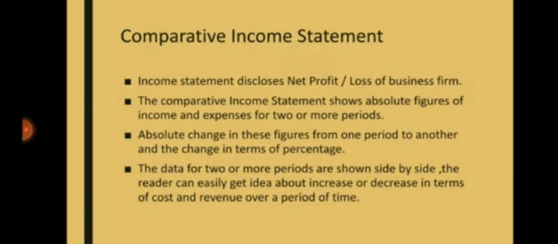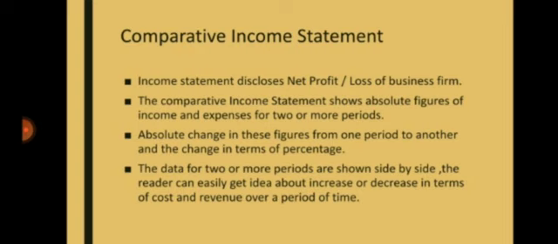So before we understand how the percentage will be calculated, let me tell you, this comparative statement will consist of 5 columns, namely particulars of income and expenses, then the absolute figure for the preceding year, that is the previous year, and the absolute figure for the current period, that is the amount of the current period, then changes in absolute figures, that is, what the change is compared to the previous year. That is the third column, and the fourth column is the change in terms of percentage.